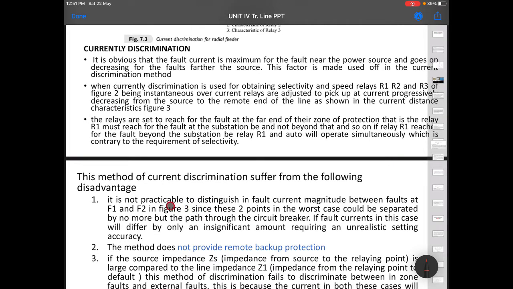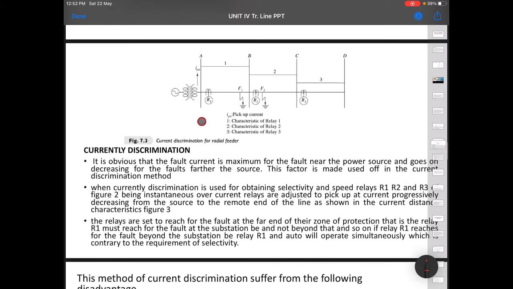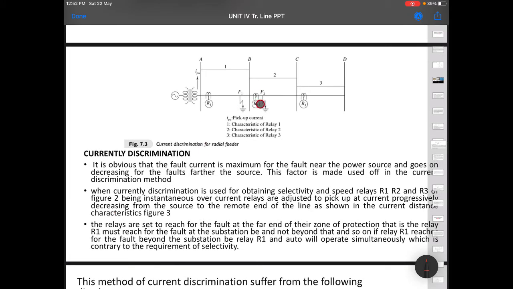So it is not practicable to distinguish based on the magnitude of the fault current. The same thing is explained here, and hence you cannot back up. For fault F2, R2 should operate. Suppose due to some maloperation or failure of R2, it doesn't operate, then R1 has to back up.